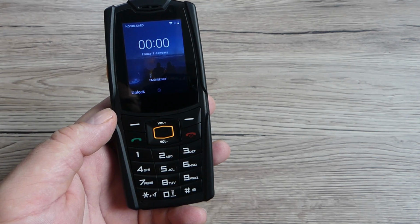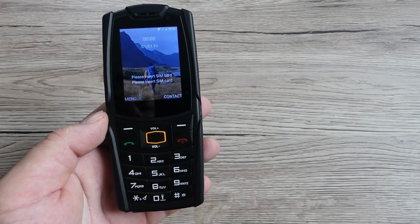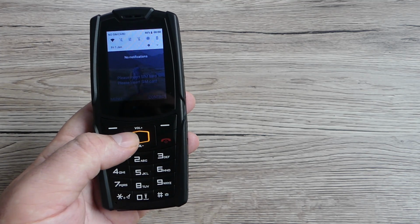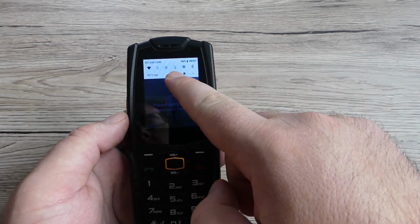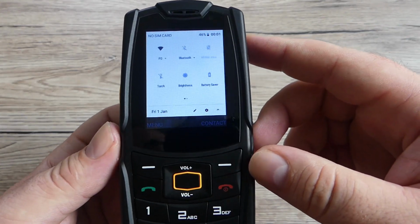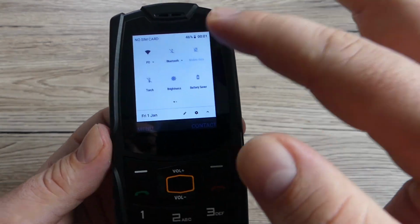To unlock the device it's quite simple, just tap on unlock and then on the star, and you got access to the main menu at this moment. You can navigate through the buttons, and also you can navigate by touching the screen. If you swipe down, you're gonna have access to this short menu, and you got access to the Wi-Fi because you can connect this device to a Wi-Fi network. You got Bluetooth